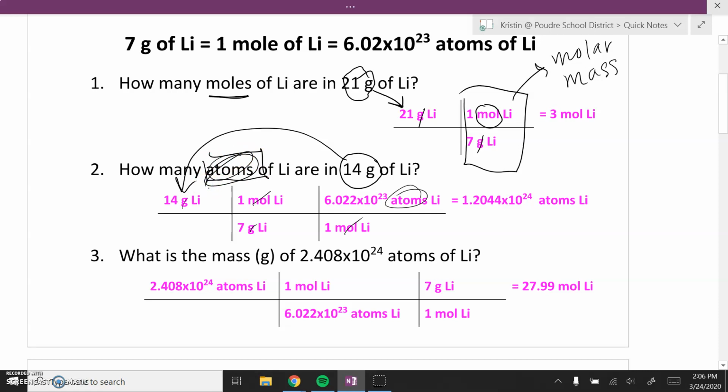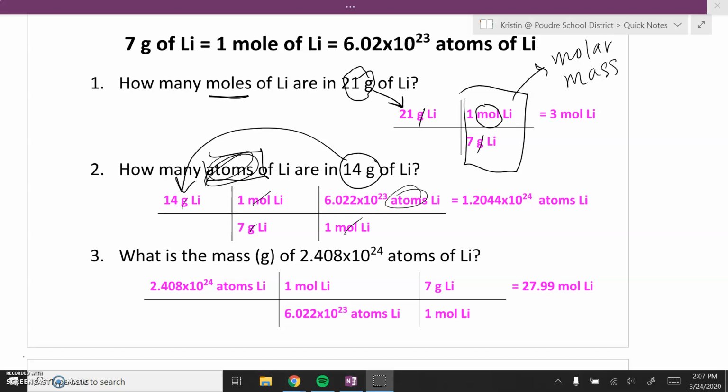Multiply the top, divide by the bottom. I get 1.2044 times 10 to the 24th atoms of lithium. I somehow closed out of the thingy. I don't know. Whatever. Anyway,